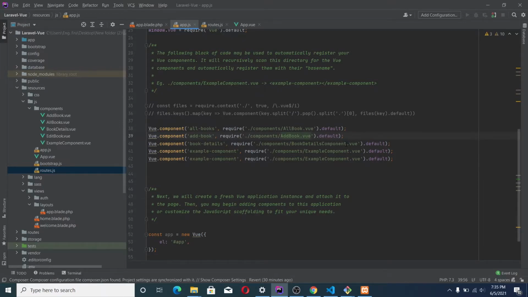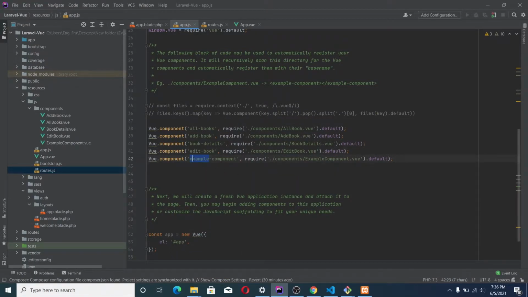That was a big error. Let's delete all of this here. So the next one we are going to import is the edit book components. Edit book. So we have edit book.vue. Okay. So these are our components here that we have just registered.